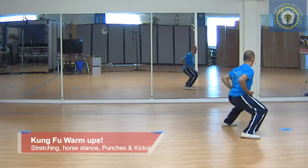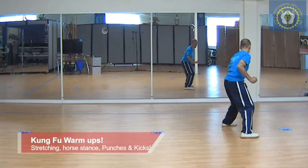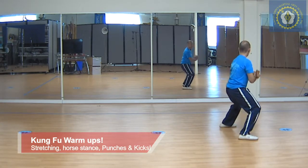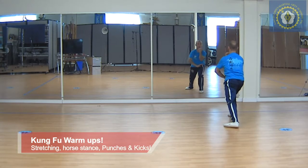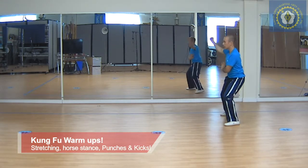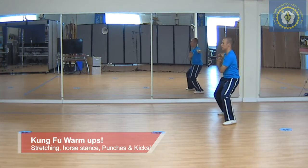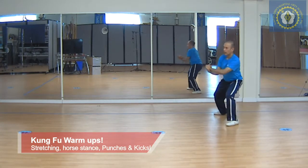Open up your stance, offset, horse stance, high block, low block, twist, dragon, leaning, step back, set up your hands, block, scoop, step up, uppercut, remove, turn, punch, squat down, uppercut, remove, turn, punch, suspended, horse stance, lean to the